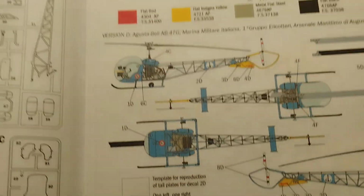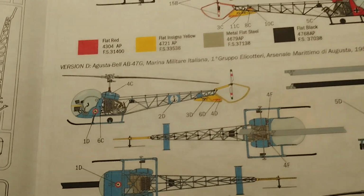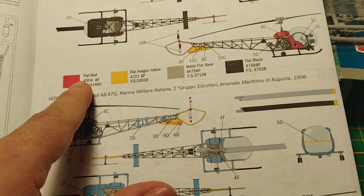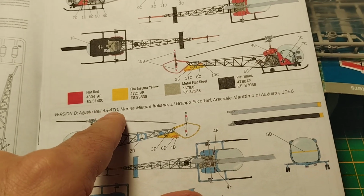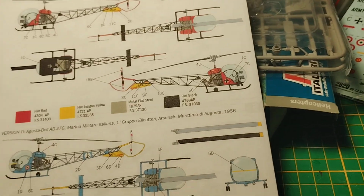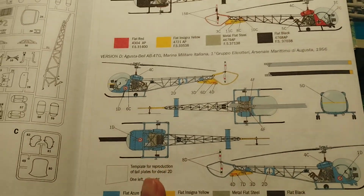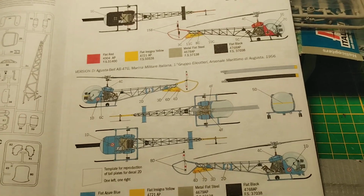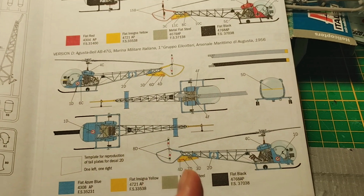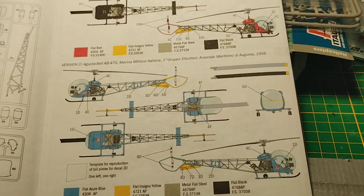Last but not least, as we said, the Agusta version, made for Agusta Bell. You see not only here Bell H13, this is really named Agusta Bell AB47G from the Marina Militare Italiana, and it was an example flying in 1956. So for me this is absolutely the most interesting one ever. There are plenty of books available in Italy about the marine helicopter,